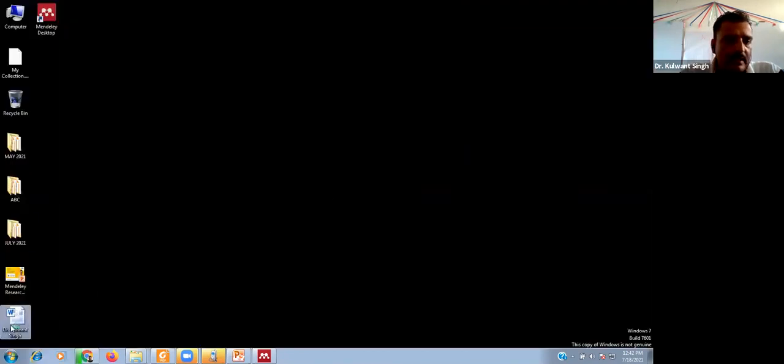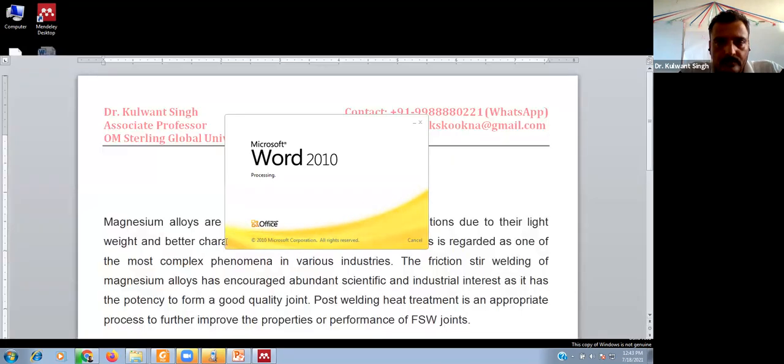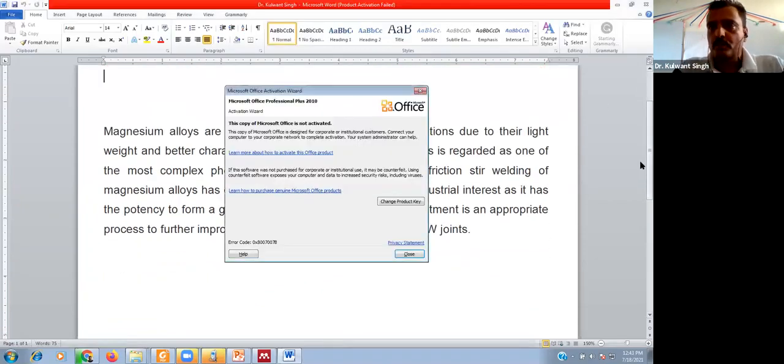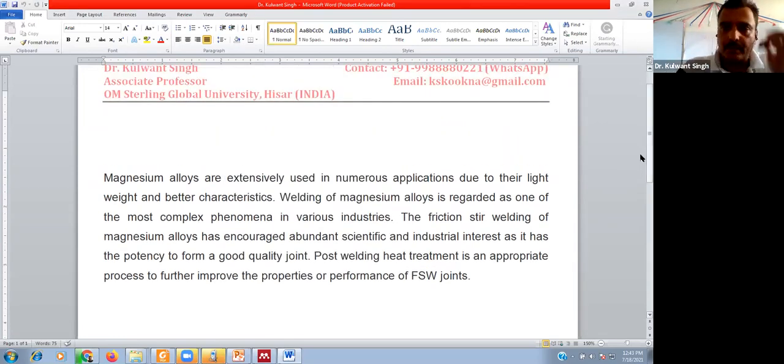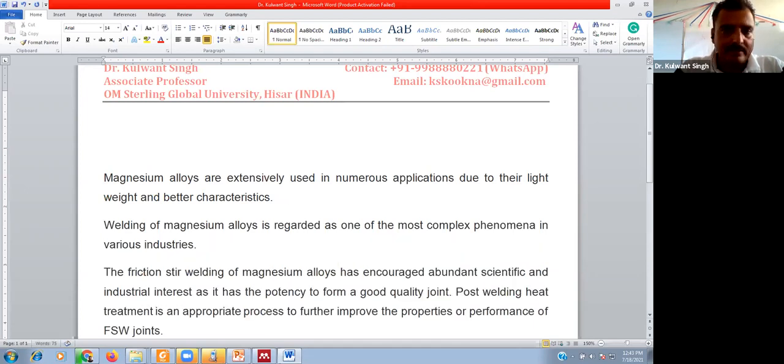And for this practice, I'm opening this particular Word document. Suppose I am starting the writing practice. I am writing the document, and during our writing practice, we use to cite the literature or the earlier published papers.